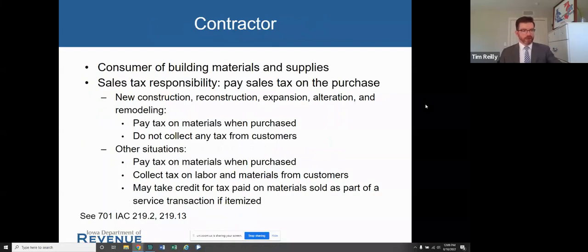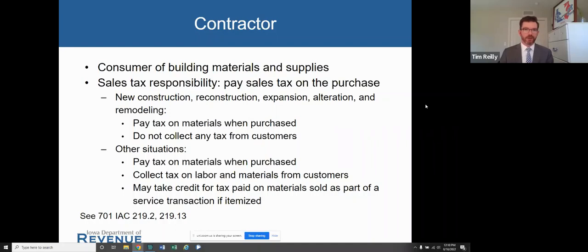So the contractor is perhaps the most straightforward of those four listed on the last slide. The contractor is the consumer of the building supplies and materials. That means that when they purchase supplies and materials, the contractor is required to pay sales tax when they make those purchases.